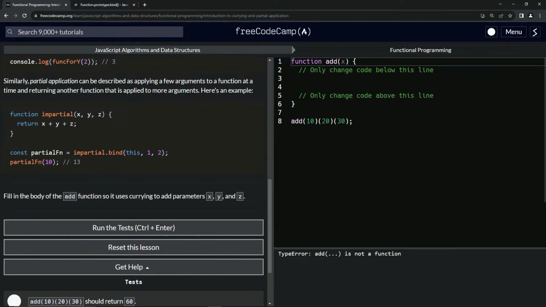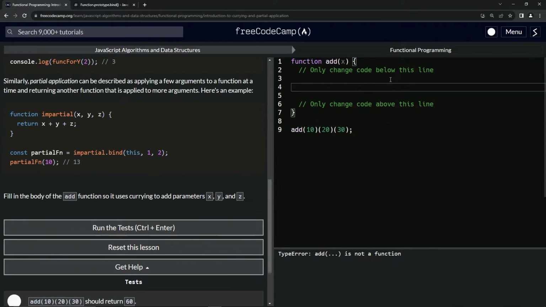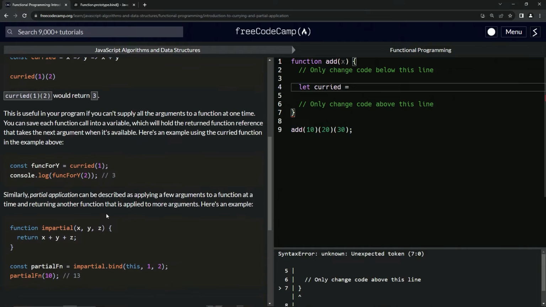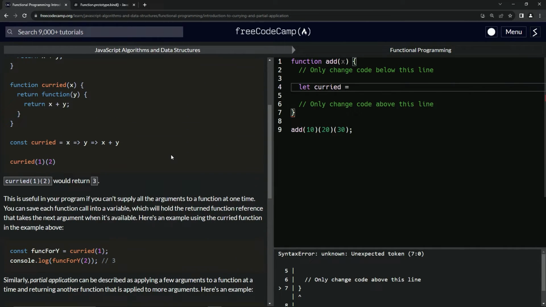So anyway, we're going to fill in the body of the add function. So it uses currying to add parameters X, Y, and Z, right? And it doesn't even go into impartial. So that's what we get, right? So let's get into this. And so what we're going to do here, we'll just mix up the two styles, right? We'll mix up this style and this style. So we'll say here, let curried equal, and since we're looking for a Y and a Z, all right, we'll do it sort of like this. We'll say Y and then the arrow, Z arrow,